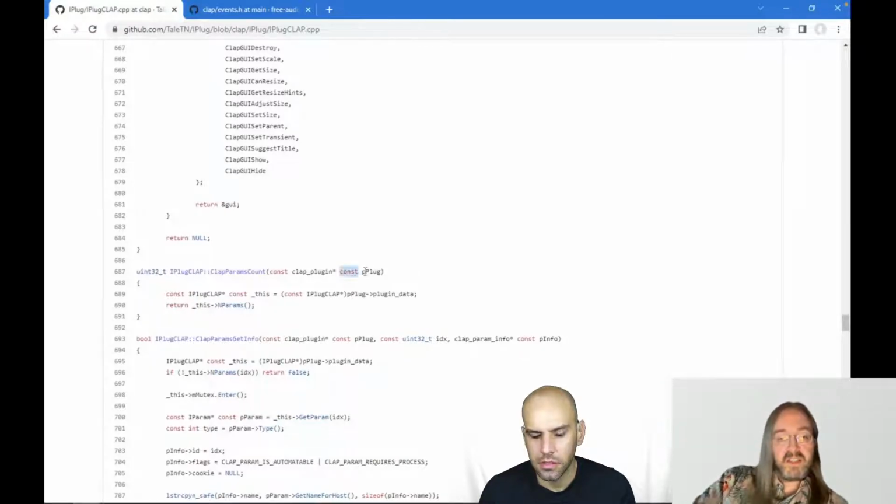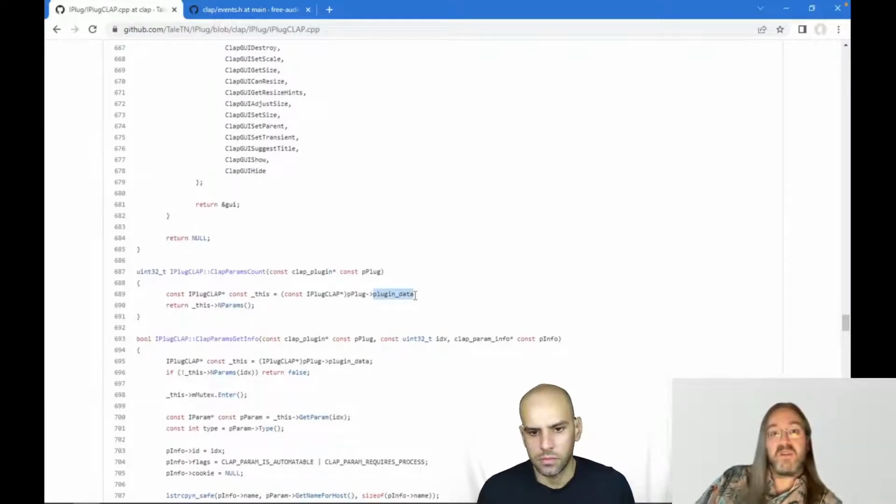So this last const has the same sort of functionality. I see. And the first const is just so that you cannot change anything this pointer points to. So in other words, I cannot assign plugin data, for example, because the pointer is constant, so it points to something that you're not supposed to change.